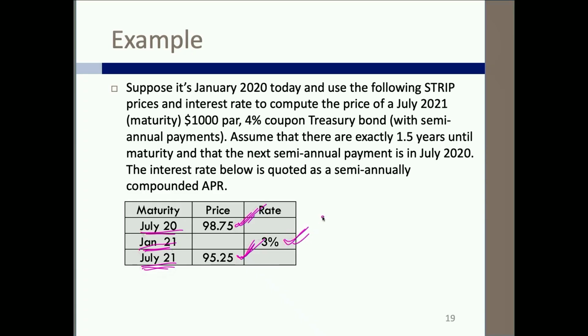We know there's a one-to-one mapping between prices and yield to maturity. You give me a yield to maturity, I can give you a price. You give me a price, I can give you a yield to maturity. We know prices can be quoted as either dollars or rates, AKA a yield to maturity. Okay, let's jump to Excel and do it.